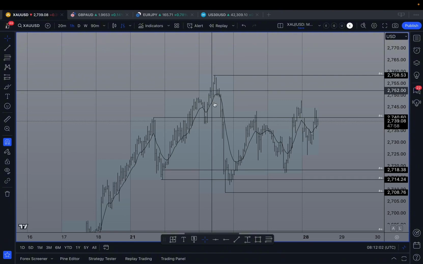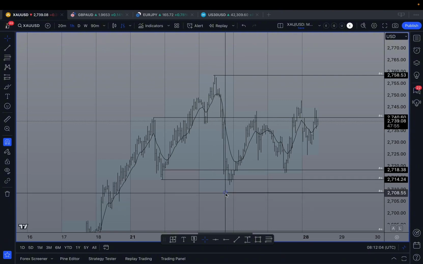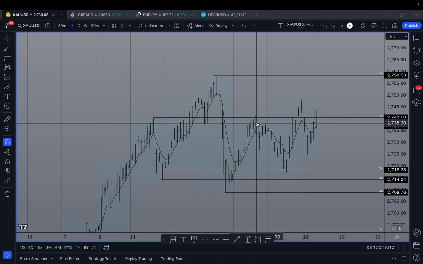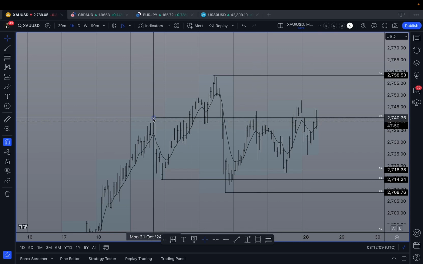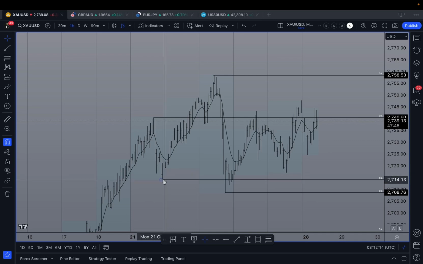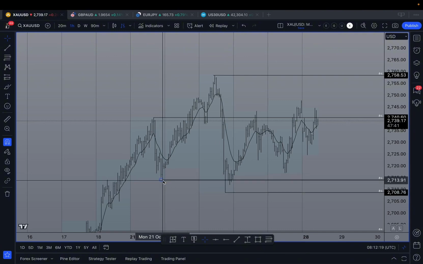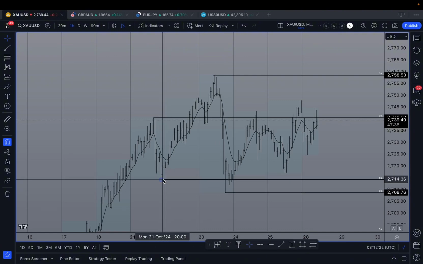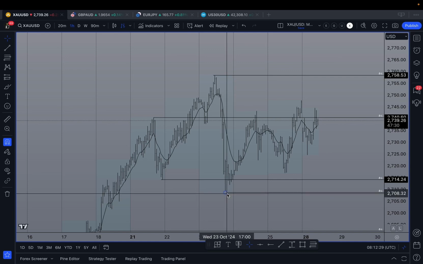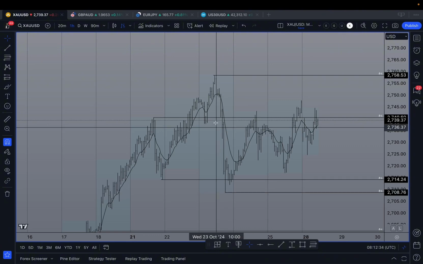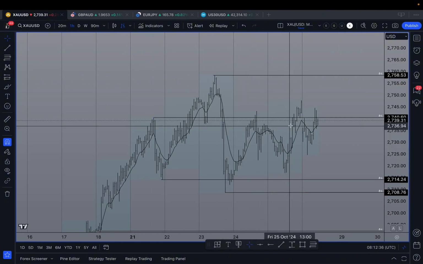So all-time high over here, and then we got the low afterwards, and I've just printed that on, and then we pushed back up, so we're more or less in this medium range with 2,740 to, let's just delete that for a second, to 2,714. Then we have the anomaly here, okay, and at the same time we have to read the price of time index. So that's more or less, I would say, 70 to 80% through Chicago. So Chicago pushed and then bang, pulled back to the highs over here, 1700 hours. So more or less 25% of Chicago, same context, and then we're going back and forth here.